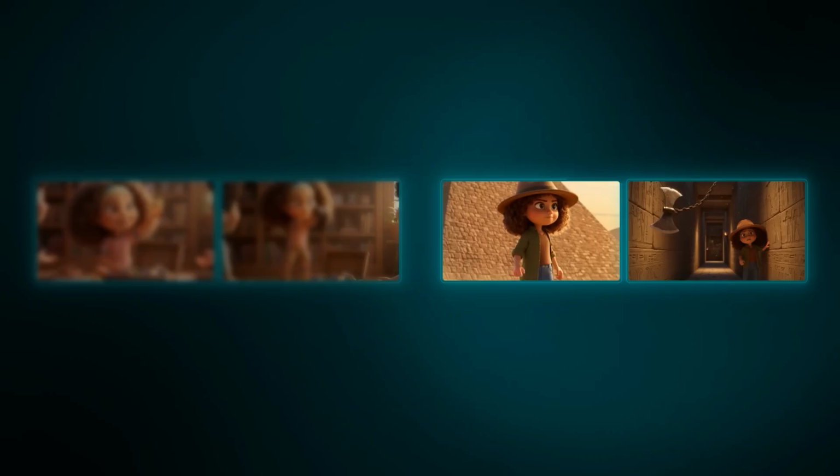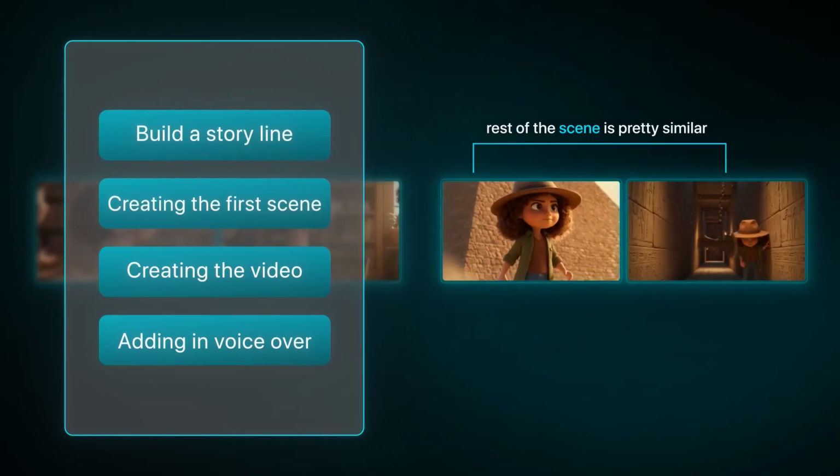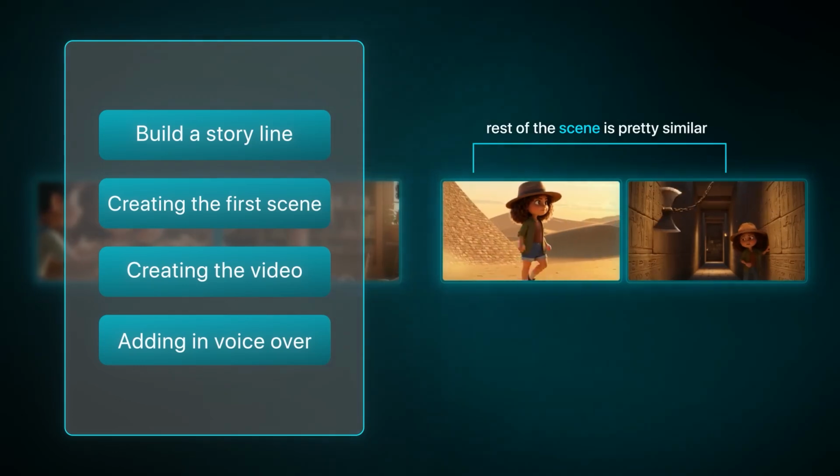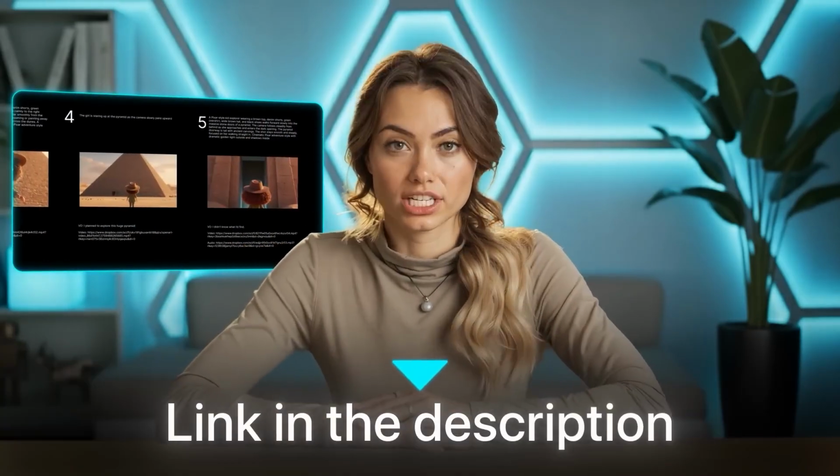Now the rest of the scene is pretty similar. Get an idea, generate the first frame, animate them using Kling 2.5, and then provide voice lines or sound effects from 11 Labs. If you want to see my whole animation workflow, the link is down in the description, but I will still